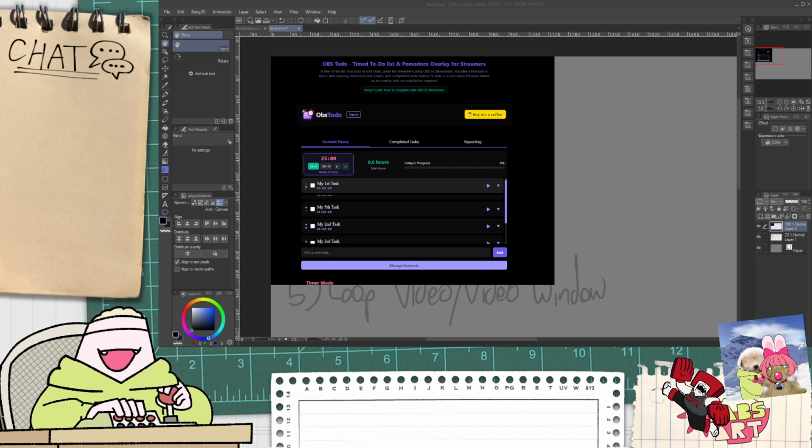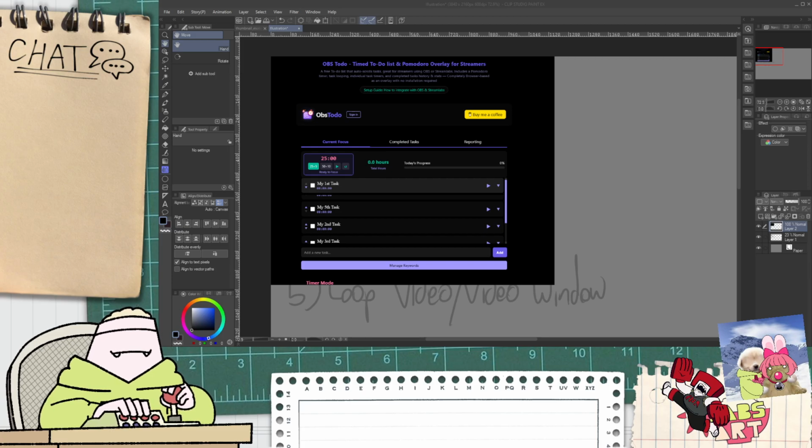In the sources dock, click the plus icon and select browser. Can we just add this? Damn. That's pretty handy. No wonder almost every other streamer that I saw using this had something like this. It's just that easy. Huh, okay. That's pretty handy.